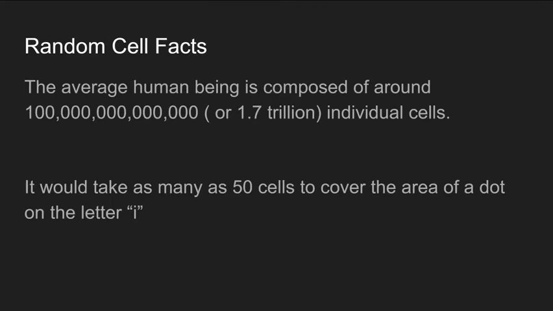The average human being is composed of around 100 trillion cells, or 1 trillion, depending on the number, and that's trillion with a T. So there is a lot of cells that make up the average human being. Some are going to have more depending on your age. So if you're younger and smaller, you'll have more. Once you get to adulthood, you'll have more cells composed inside of you.